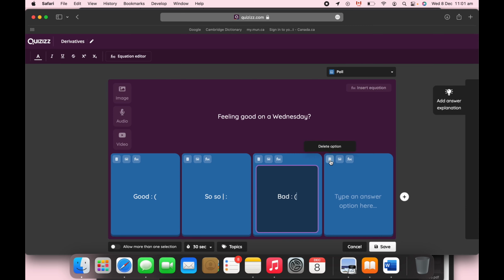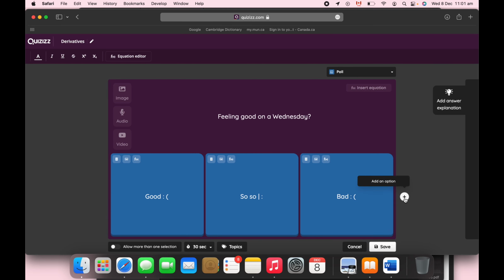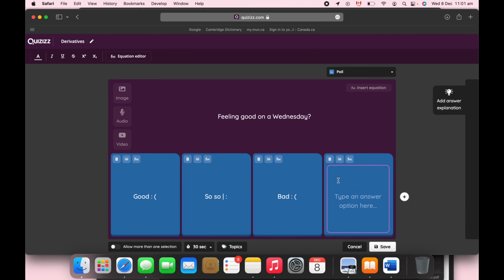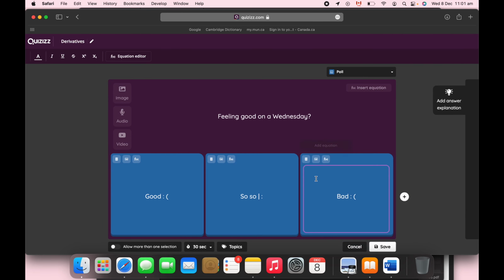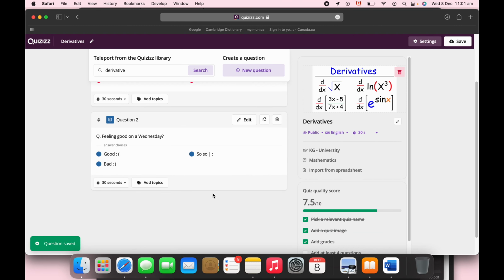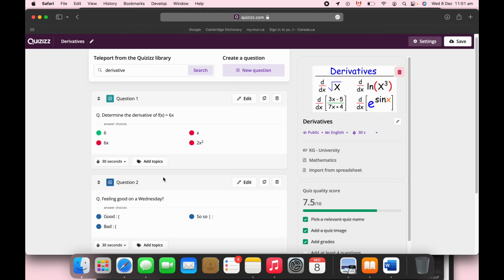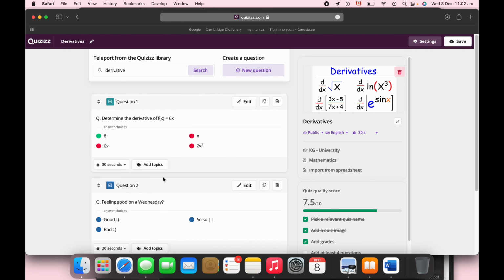And you can delete the extra option as we only have 3. And if you want to have more, you can click this add an option button. And just click save if you want to save it. You can add a topic and set a timer or allow more than one selection for your question. And I'm just going to save. And if you want to change the order of the question,